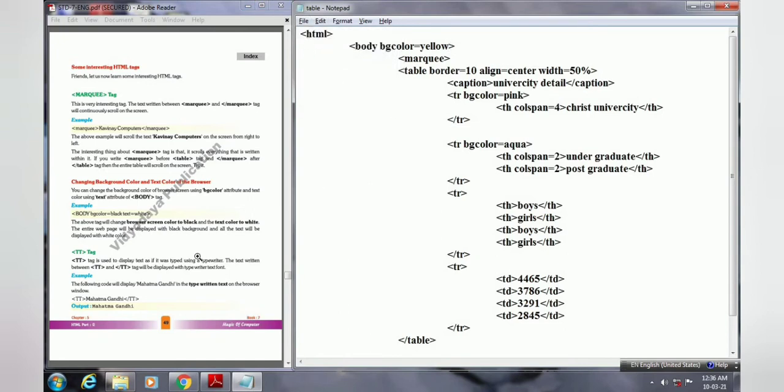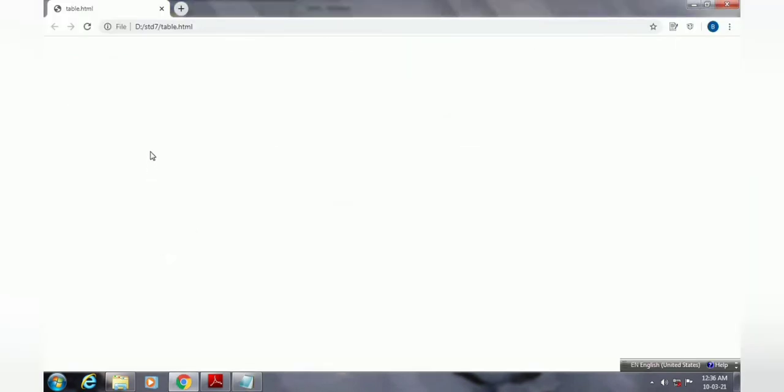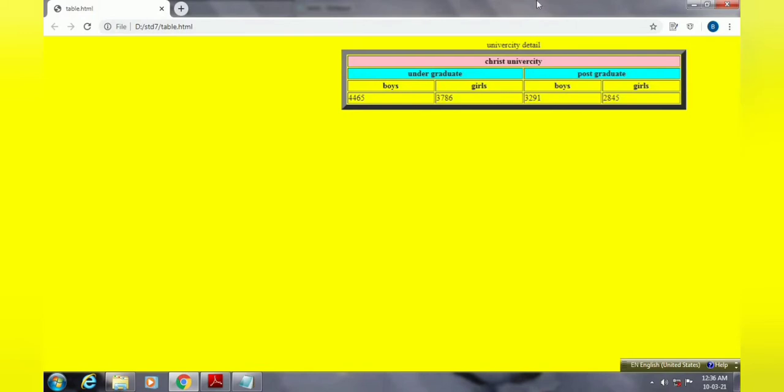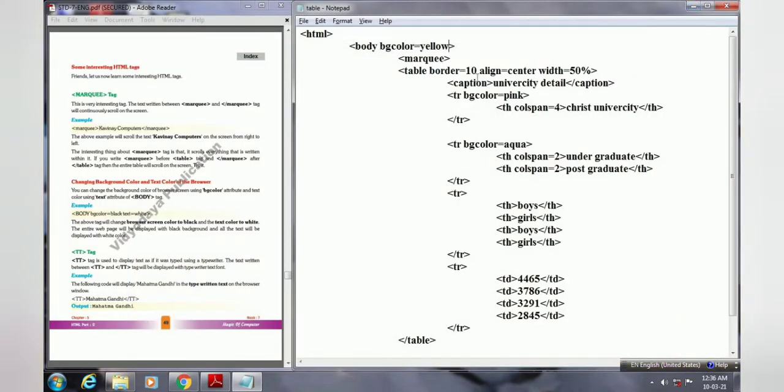And I need to open our browser window. So I am using Alt Tab. With Alt Tab I can go to my browser window, and here I will refresh. Here you can see that the background color of my browser window has changed from white to yellow. So like this we can use the BGCOLOR attribute and the marquee tag here. Now I am again minimizing this one. Here we have discussed the BGCOLOR attribute, which you write in the opening body tag to change the browser window color, and the marquee tag to get the scrolling effect. So I hope you understood both these options.